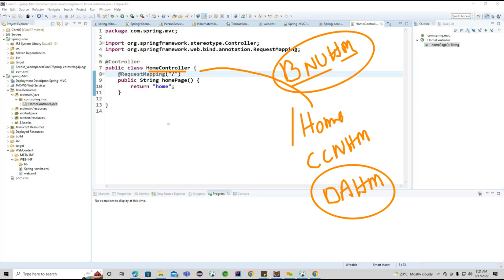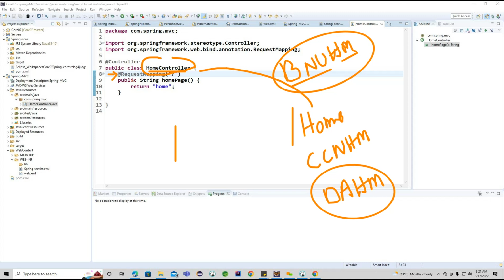So in our controller, this is the simple one. Now we are providing the request mapping. Simply we are providing the slash. If any request comes with a slash, it will try to convert it into this particular home controller class. Okay, same way, however many request mappings you write with a different URL pattern,